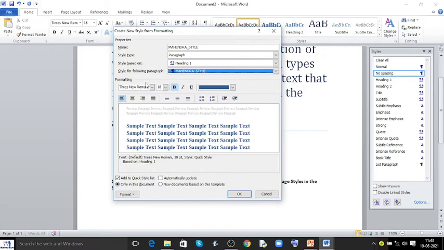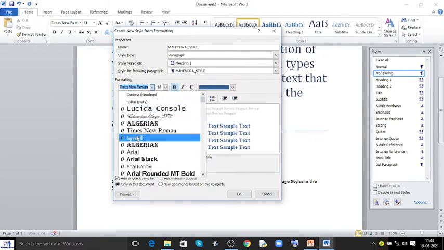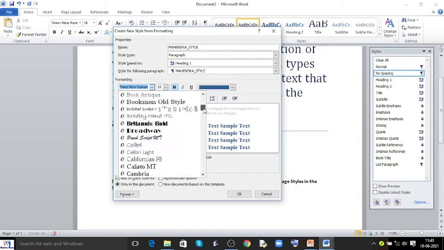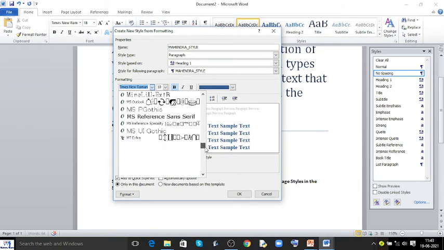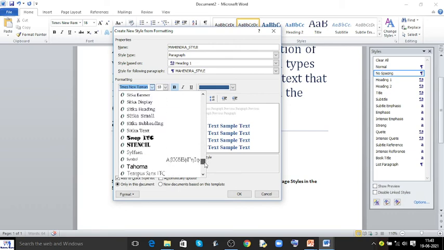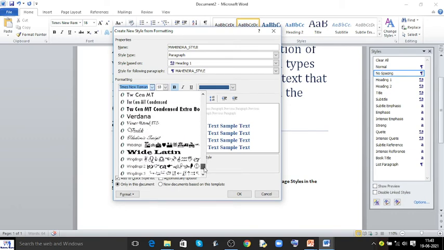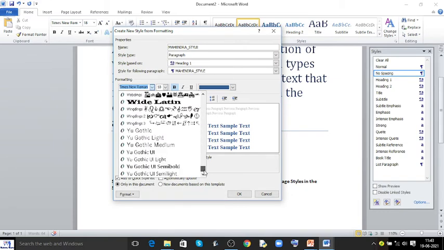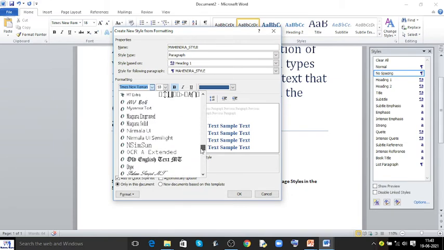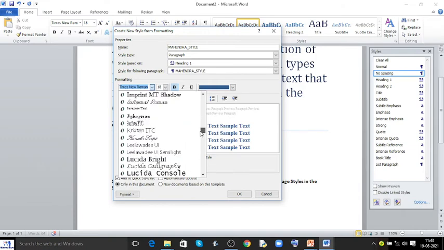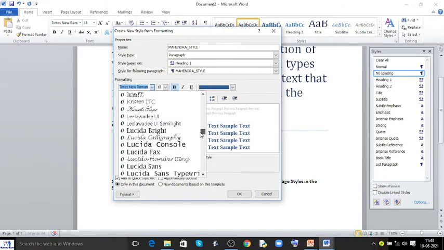Then what are the fonts? Times New Roman, Lucida Console. What font do you want to give? I want to give a unique font so that you can get a clear difference. Suppose I have selected this Lucida Console.